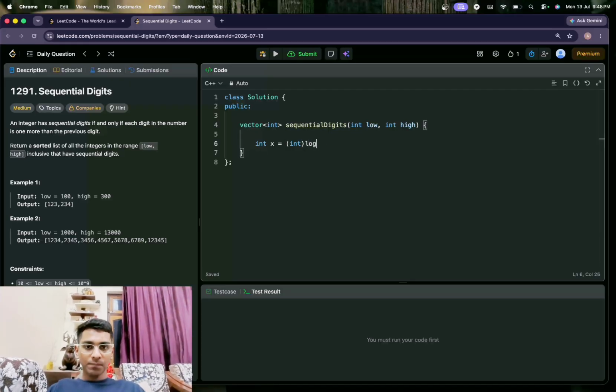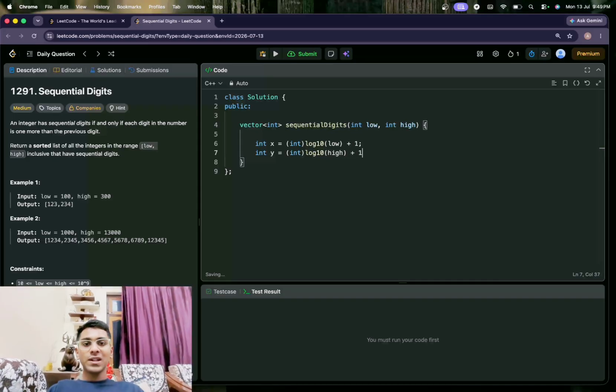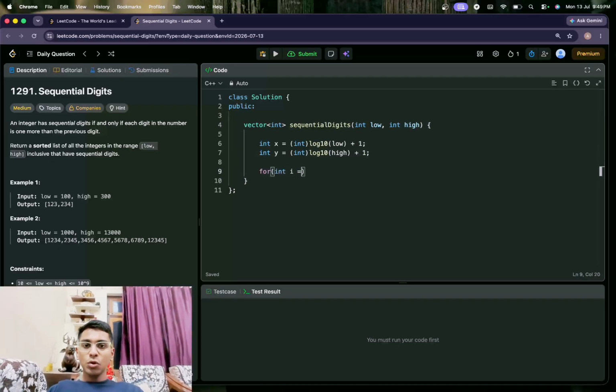Using log 10, but we'll do plus 1 because log 10 usually gives you digits minus 1. We'll also calculate the number of digits in high, so basically what's the maximum number of digits we want. So x is the minimum number of digits we want in our number and y is the maximum number of digits that we want. So simply I can create a loop from x to y.